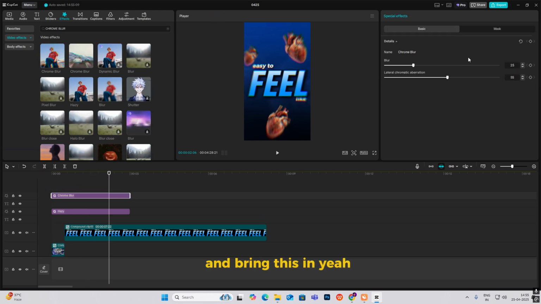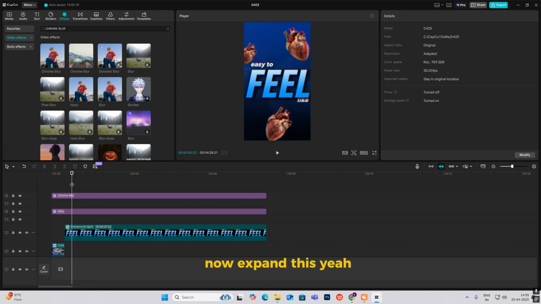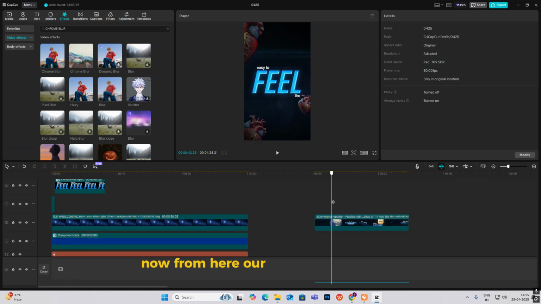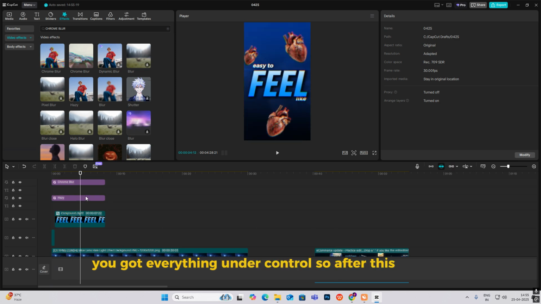And bring this in. Yeah, we can adjust this now, decrease the blurring to 0, and we can adjust this a bit. Okay, now expand this. Now from here our next scene is this text. You got everything under control. So after this